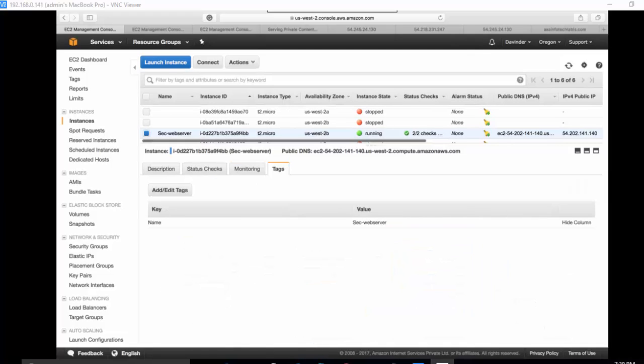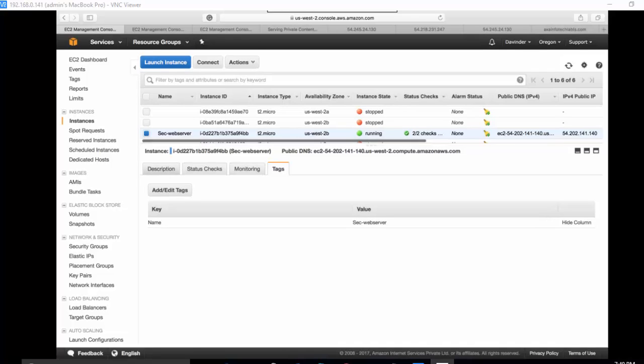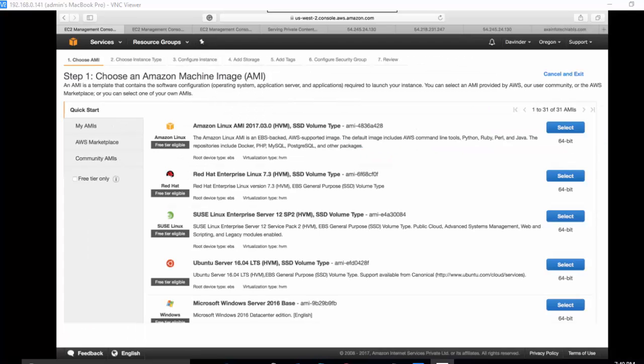Then you can see the tags. Right now I have given the secondary web server name, that is the tagging for this one. You can add or remove tags as per your requirement. Now if I'm launching a new instance, this is the Amazon Linux AMI. That is called the